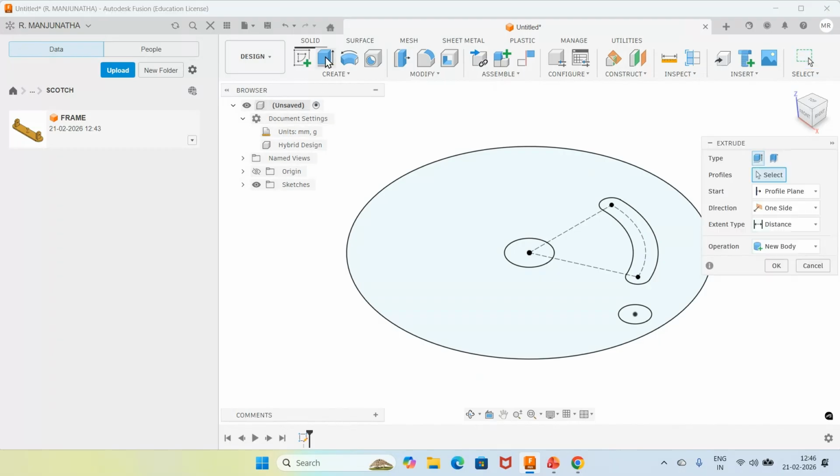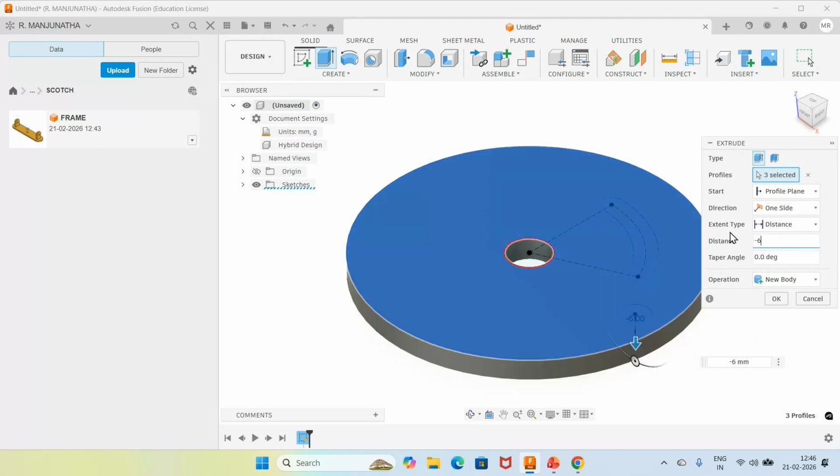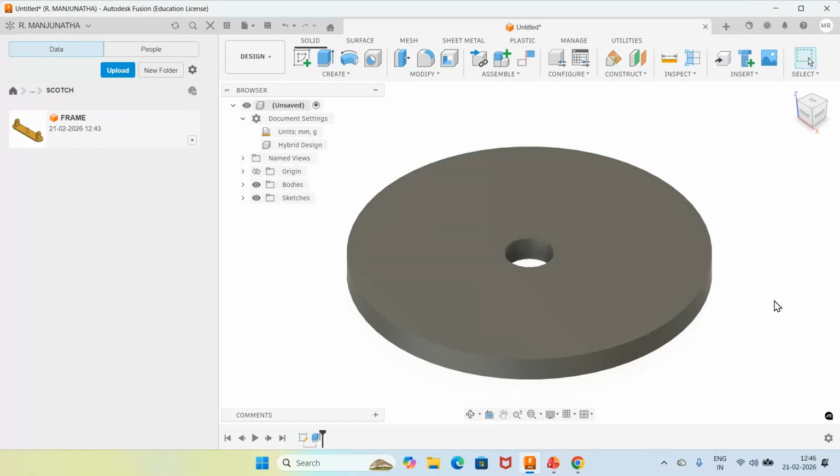I will go for extrude. You select this portion and I don't want this to be selected and I don't want this to be selected, and give the distance as -6. Okay. I want to go down, create it as a new body. Okay. Then I will go for